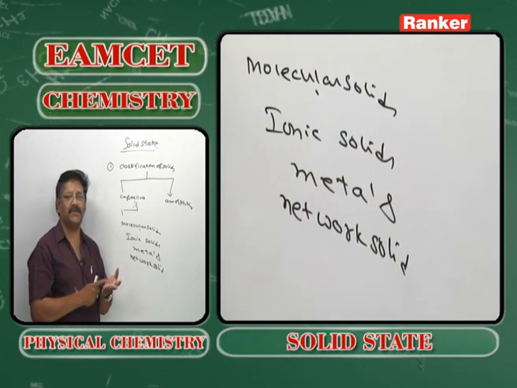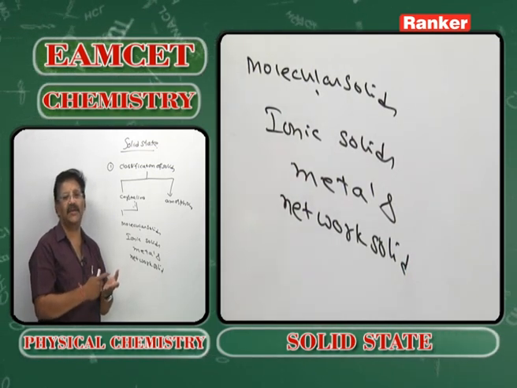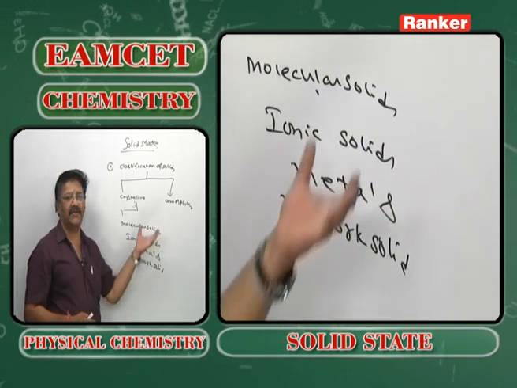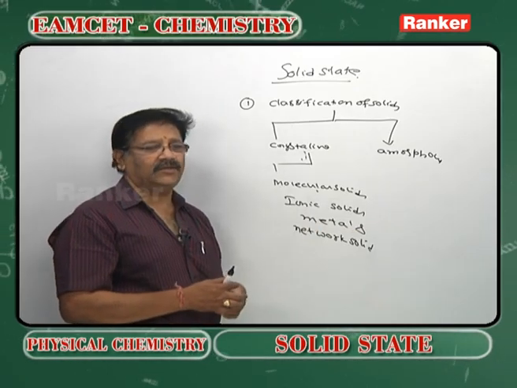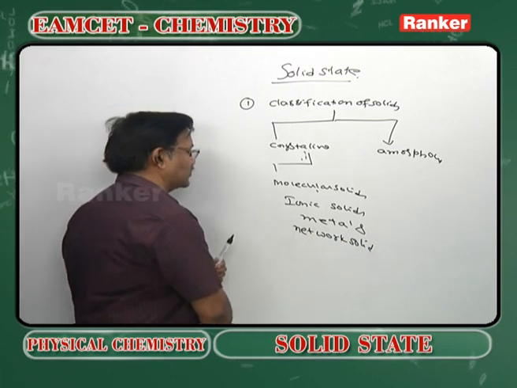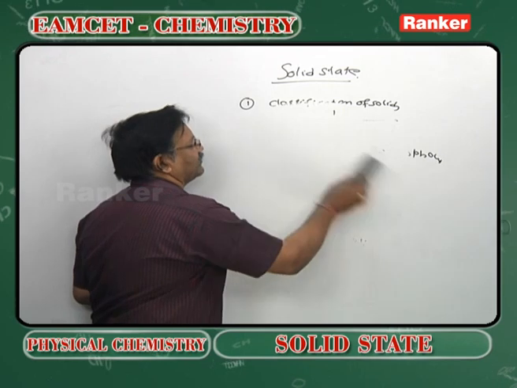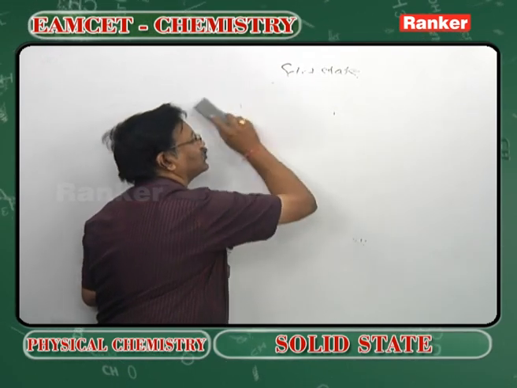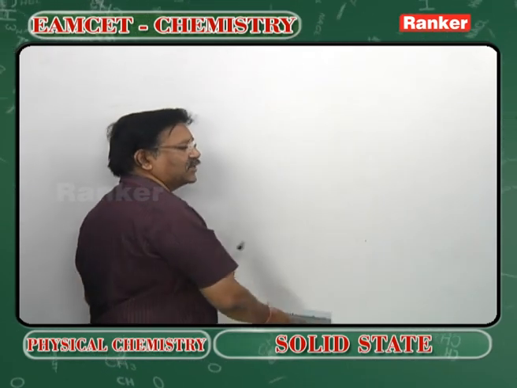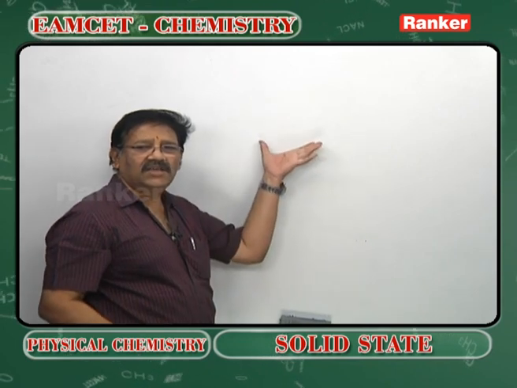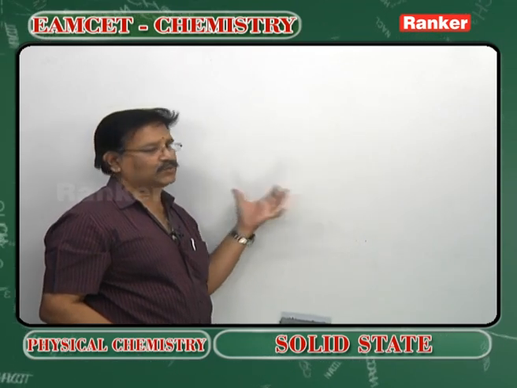What are the constituent particles? What is their electrical behavior? What is their magnetic behavior? These points are to be known regarding the types of the solids. After going through the types of the solids, because we can expect theoretical questions in the introduction part also,